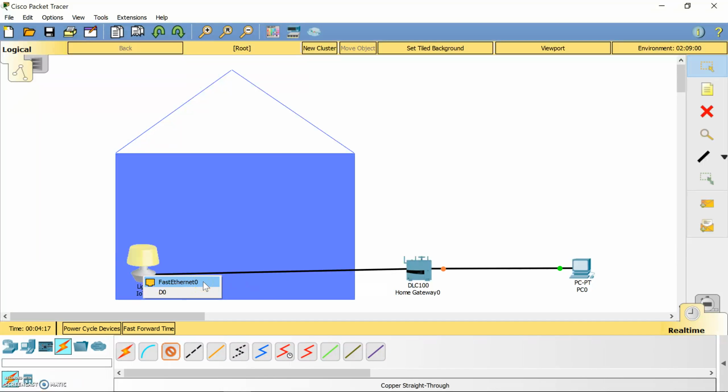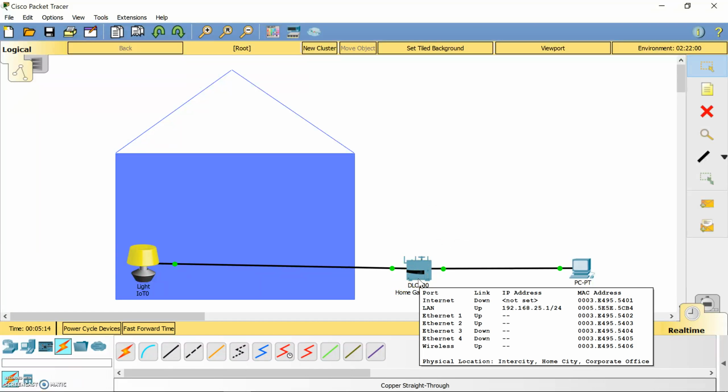Yeah, it's curious that my lamp has an Ethernet port. It's funny, but in Packet Tracer, all smart devices have Ethernet ports because they're supposed to be smart. They should be connected to a network. To bring all the ports in green state, I can use this fast forward time button, just to speed up the spanning tree protocol convergency. And now I should have network connectivity. Let's see if I have IP address here. I have it,